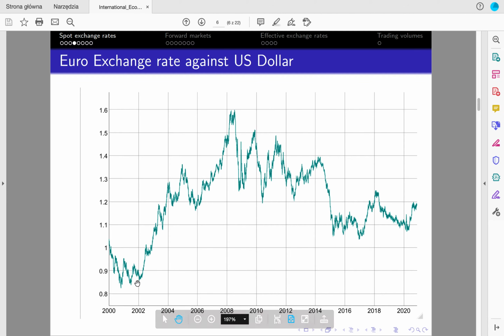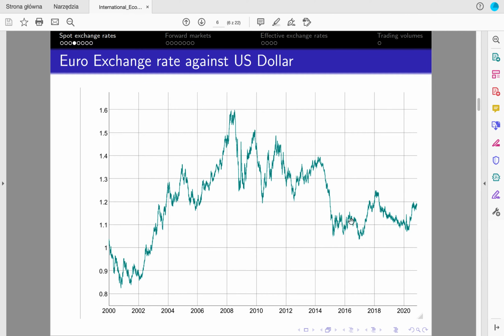But look, this tendency reversed for a very long time, of course, with swings. We see that right up till 2010, so roughly to the sovereign debt crisis in Europe, which started in 2009, the euro was appreciating. Then it started depreciating, and it stabilized